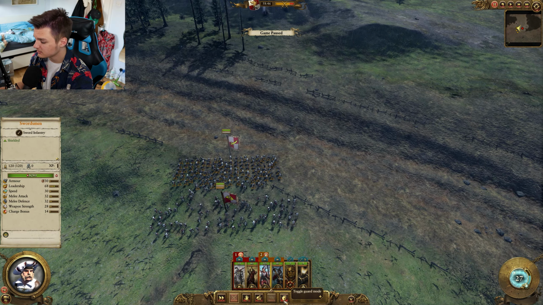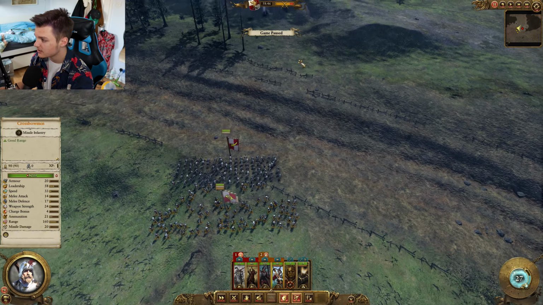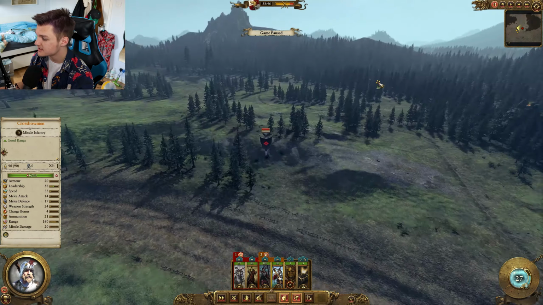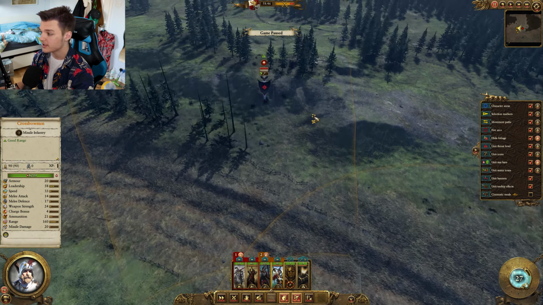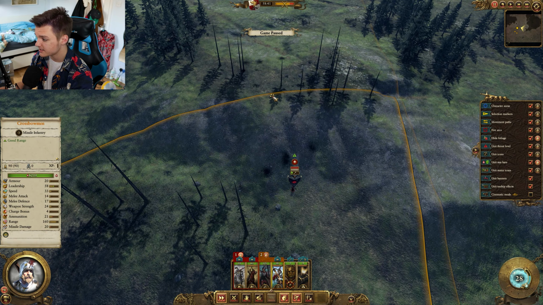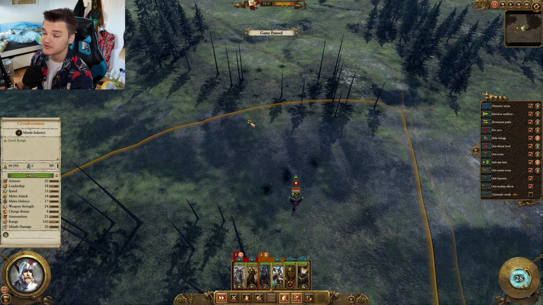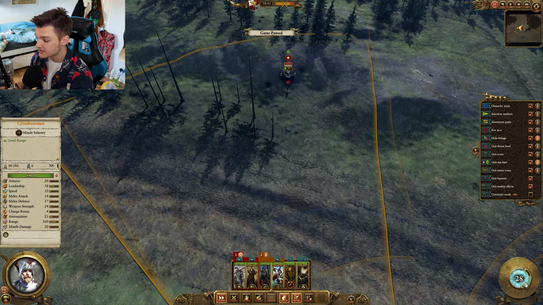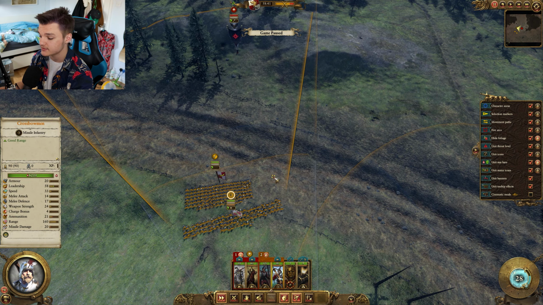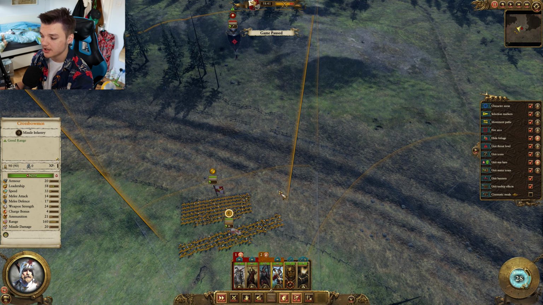Button here that is a shield icon, that is guard mode. So what this basically means is, if I told these crossbows to attack this guy here, as soon as this guy starts running, if they're not on guard mode, when he gets out of their range, which is the crossbow range, they would continue to chase him. They'd never shoot him because they won't catch up to him enough to set up and shoot. They'd basically just run into the enemy units. They have no regard for what's in front of them. It's pretty annoying. So most ranged units, I would always recommend putting on guard mode